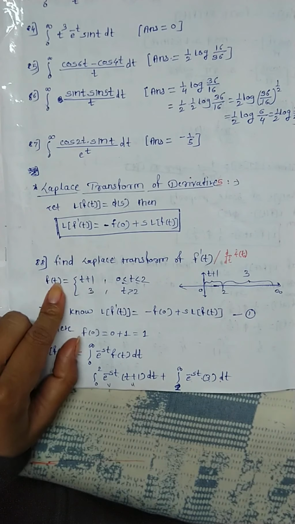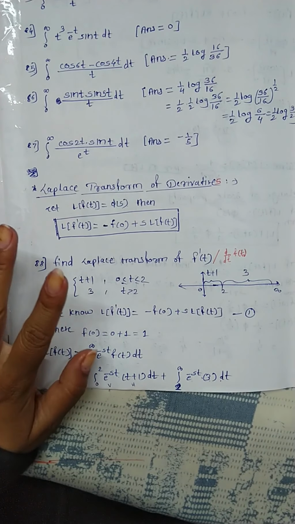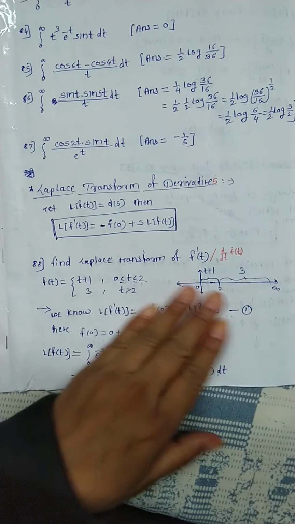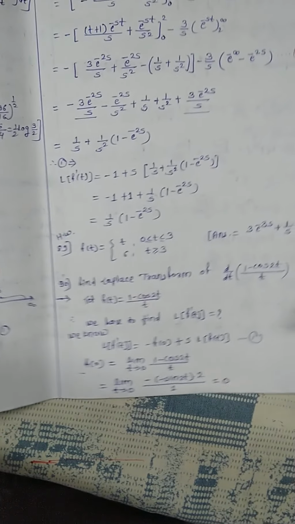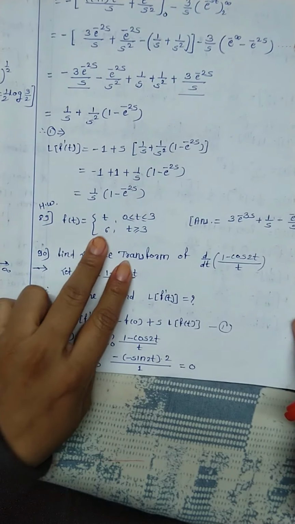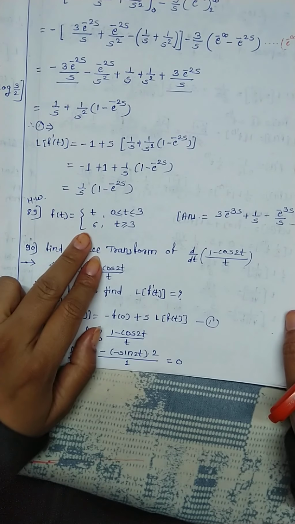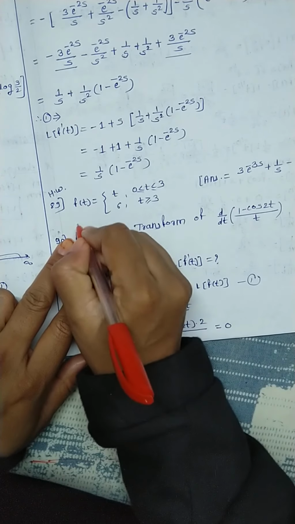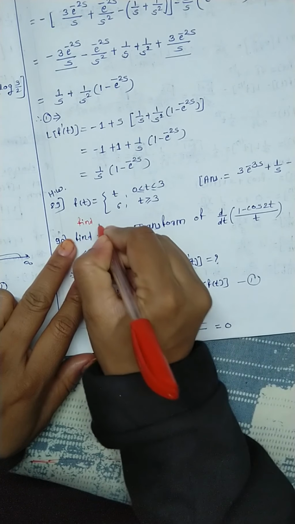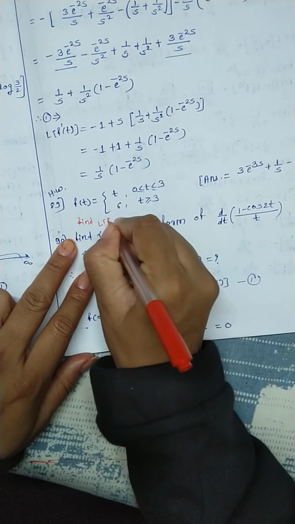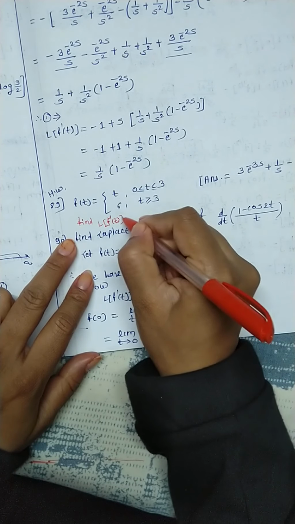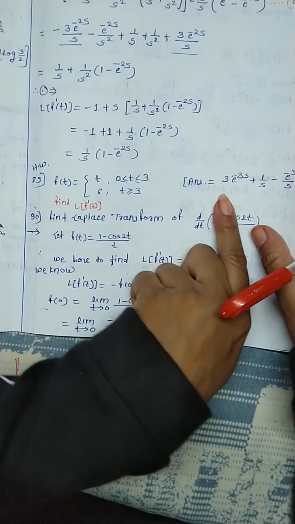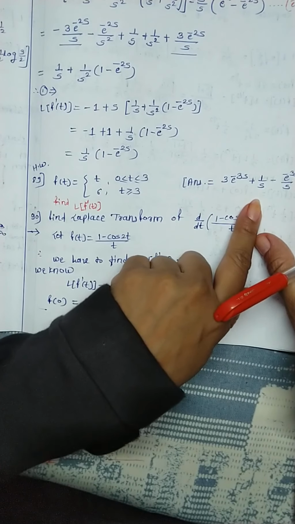Okay, this is called Laplace transform of derivative of some function. Here in the first example, the function is given in the form of an interval, and that's why we have to use the definition of Laplace transform. This is your homework. The same way you have to calculate this Laplace transform of derivative. Question is same. Okay, find L of f dash t. Answer is given, hint is given, you just have to tally.